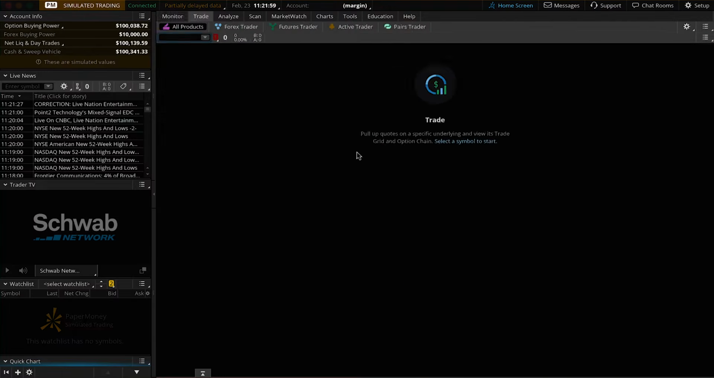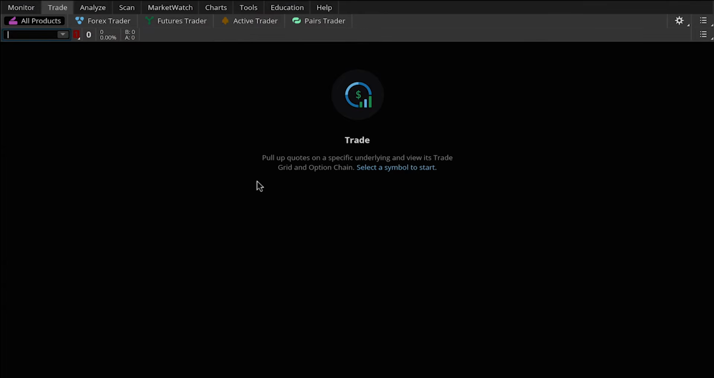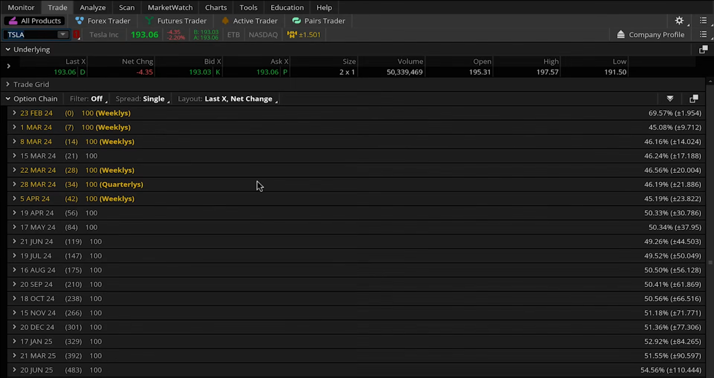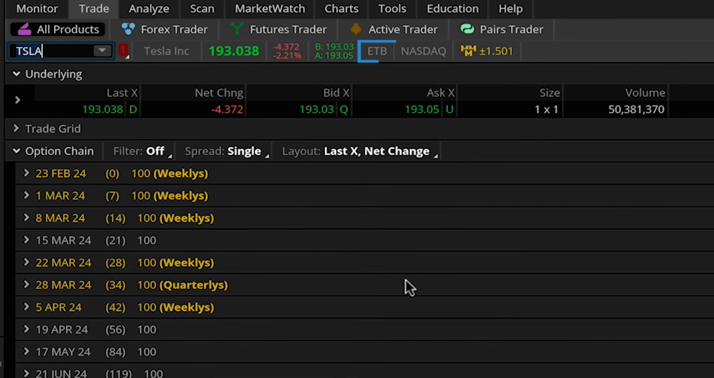Starting at the Trade tab, let's say I want to short Tesla. I'll enter TSLA into the symbol box. Of course, this is just an example and not a recommendation. Next, I'm going to check the availability of the company's shares. This means I'm going to see how easy it is to borrow shares, and the platform says ETB, which means